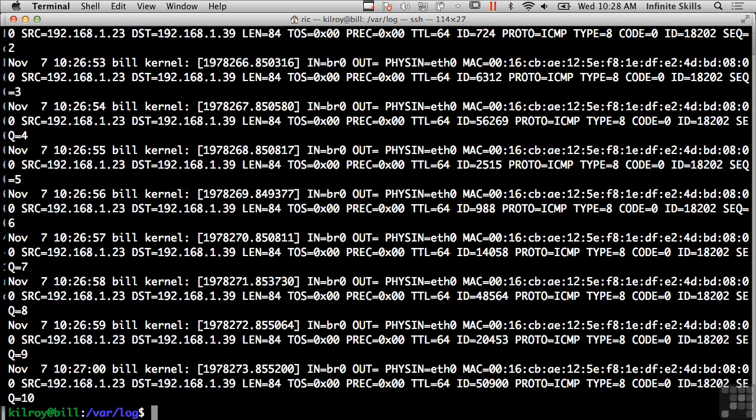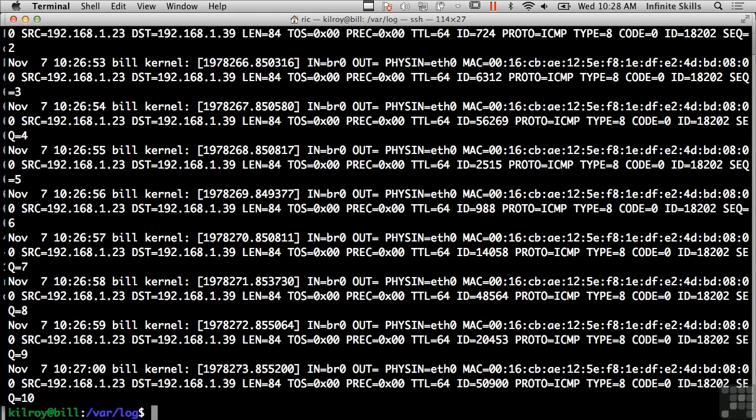Now we've got a lot of log messages here, and it's not clear immediately from looking at it, unless you know what you're looking for, that these are the log messages that I had the kernel create, because it doesn't say iptables. It doesn't say immediately, hey, I found an ICMP message. It's just a line that specifies that there was some network traffic that was captured. Now I actually have to read the line to indicate what it was that was captured. So we can see a source address of